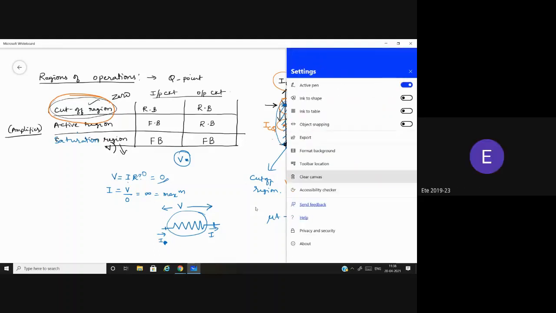So these are all the basic things which you should know before going on to the biasing techniques, because when you don't know why plus VCC is used, then there is no meaning in learning amplifiers and all. Okay. So coming to this, this is the Q point. As I told, Q point, operating point. It is also known as the quiescent point. It is also known as the DC point.